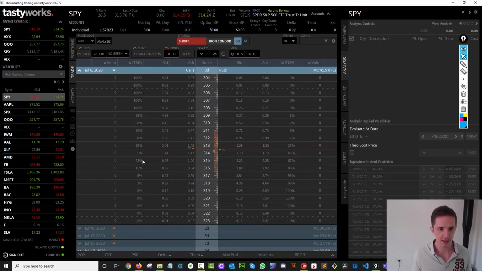And when I look at this in the money percentage calculation, it says there's only a 1% chance that between now and July the 8th, which when I look at the date, is today, so between now and the close of today, that it will reach 318. It's very unlikely, by the magnitude that the S&P moves, that we will hit that. And so the option price for this strike is extraordinarily cheap.